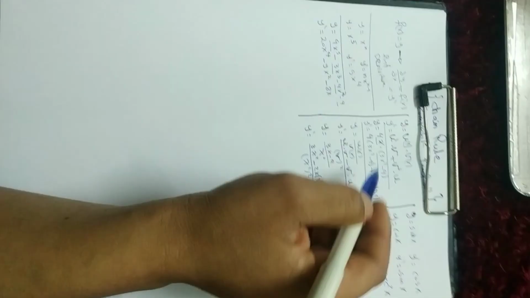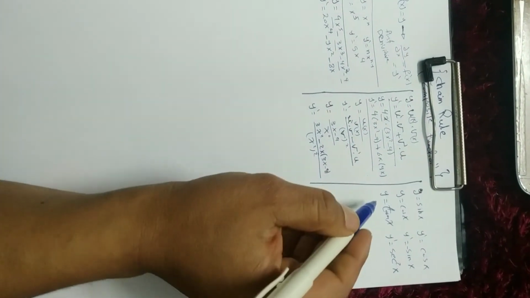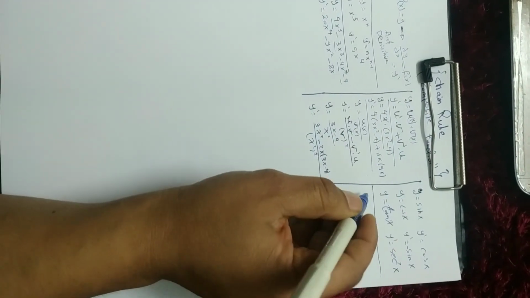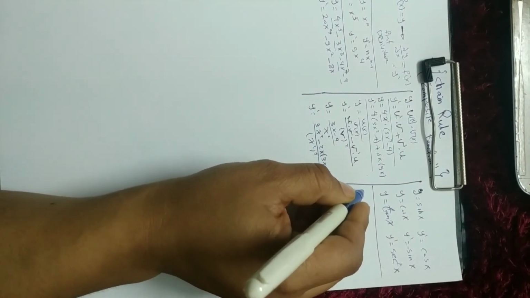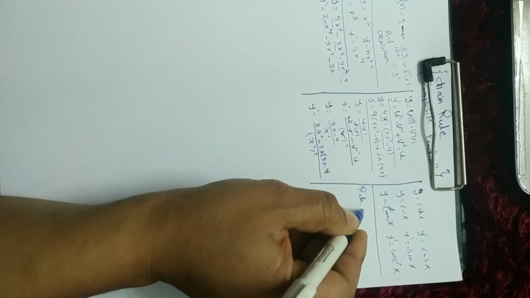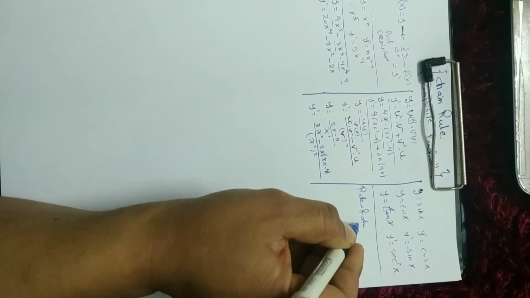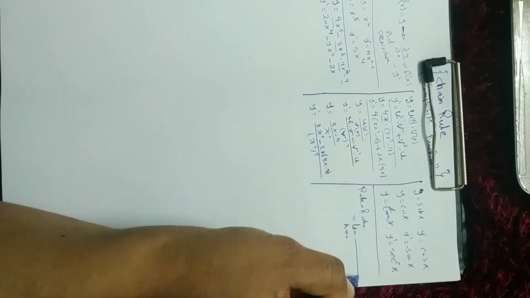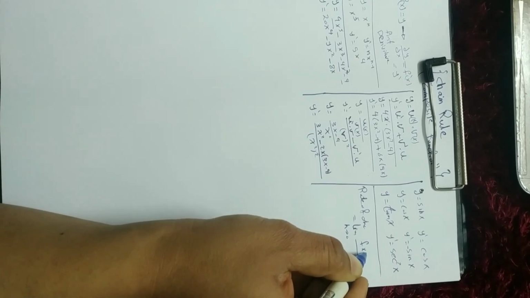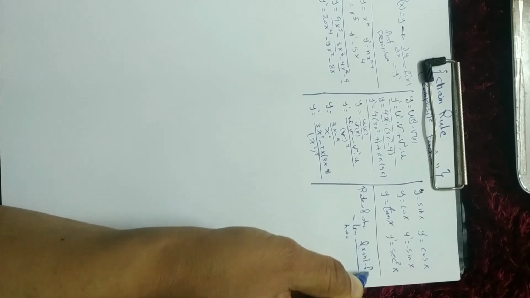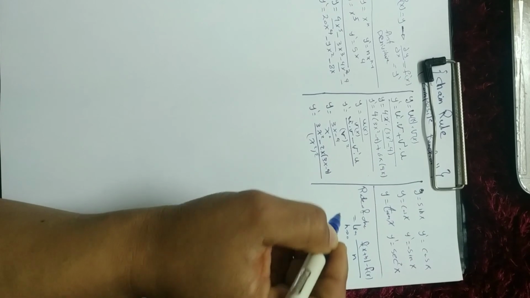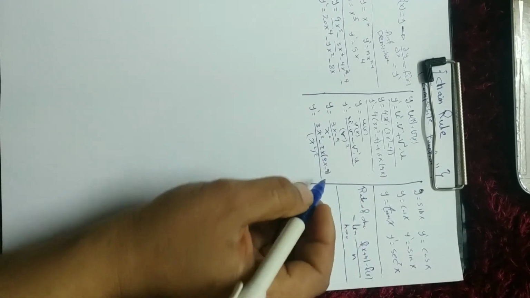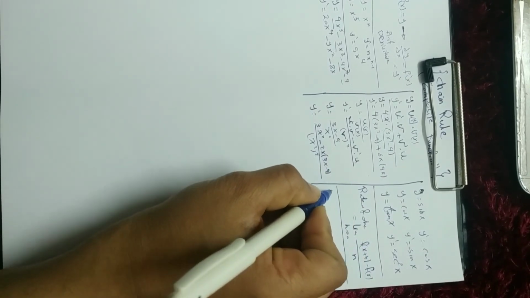All these functions, all these rules, we can prove easily using the definition, the original definition of the slope, that rate of change, equal limit h tends to 0 of function of x plus h minus function of x over h. And we have also